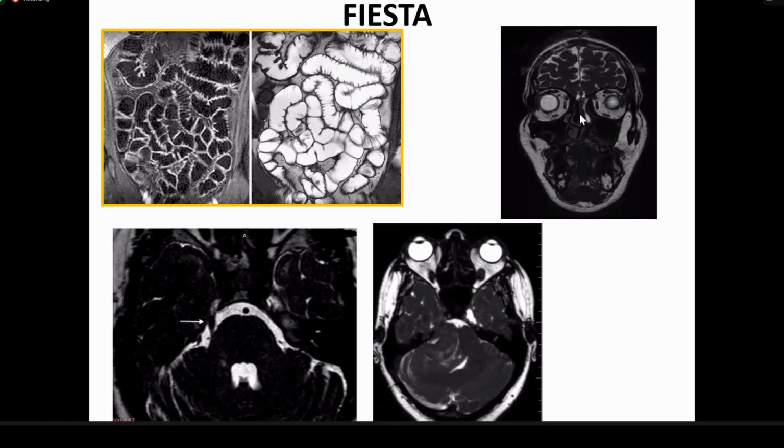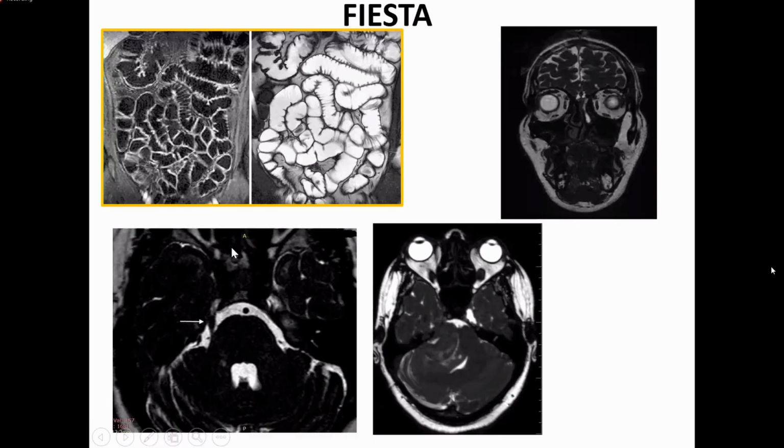You need to perform it in the coronal plane and in the sagittal plane. And similarly, for cranial nerve imaging, for any CP angle tumors, and for all cranial nerves, you can do it. Then when you come to the abdomen, you can do it in enterography or enteroclysis, and it goes on like that. So you should know where all you need to do FIESTA.